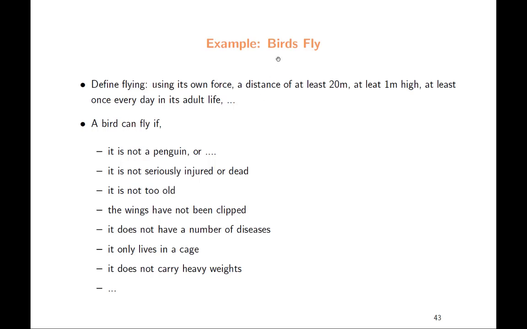So what birds fly? Do birds really fly? First, you have to define what is flying. That's so obvious. Now, using your own force, a distance of at least 20 meters, maybe, at least 1 meter high, at least once every day in its adult life. Otherwise, it would maybe not be considered flying, at least not autonomous flying. And birds can fly, but not if they are penguins, or if they're injured, or if they're dead, or if they're too old, or they don't fly if the wings have been clipped, or if they have a number of diseases,